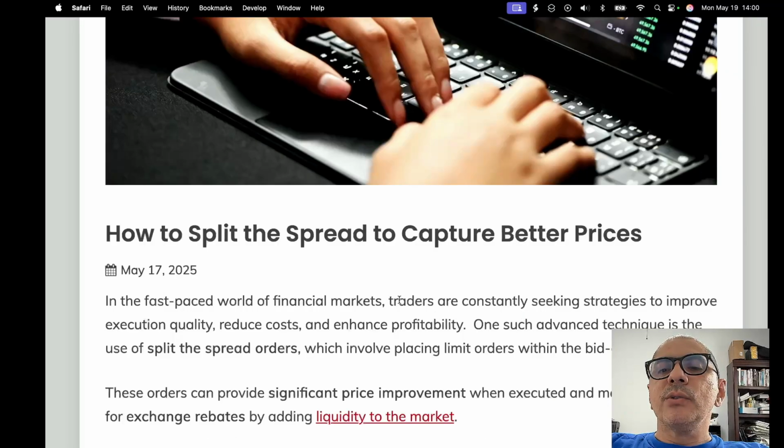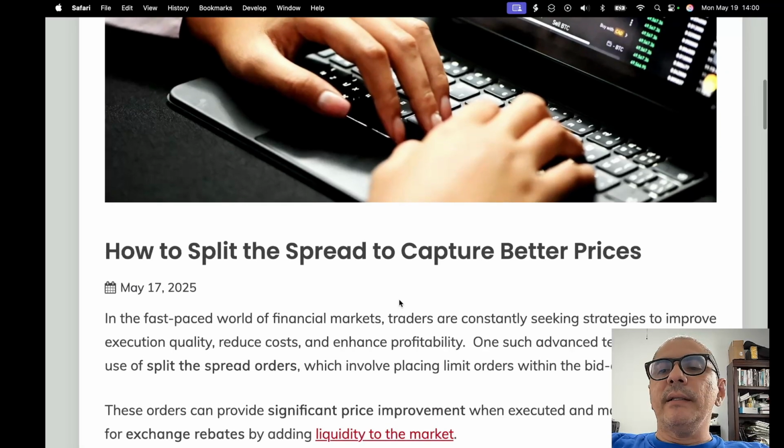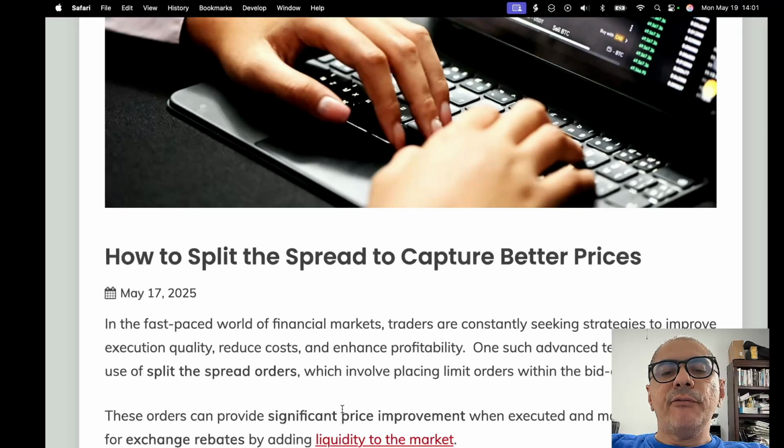Essentially, traders are constantly seeking strategies that improve execution quality, reduce costs, and enhance profitability. Splitting the spread orders is one of the options they have to reduce the costs of trading. These orders can provide significant price improvement when executed and may even qualify for exchange rebates because they are adding liquidity to the market. So what this means is that